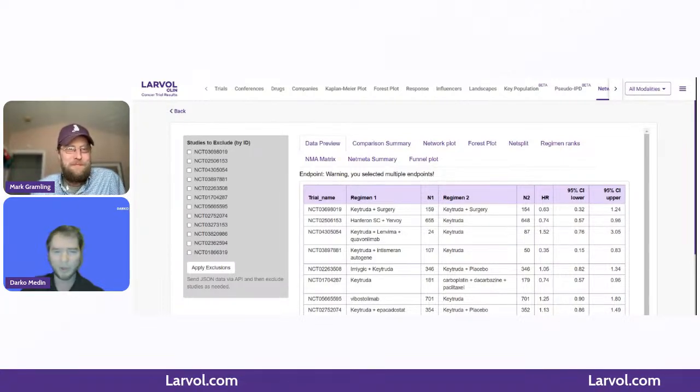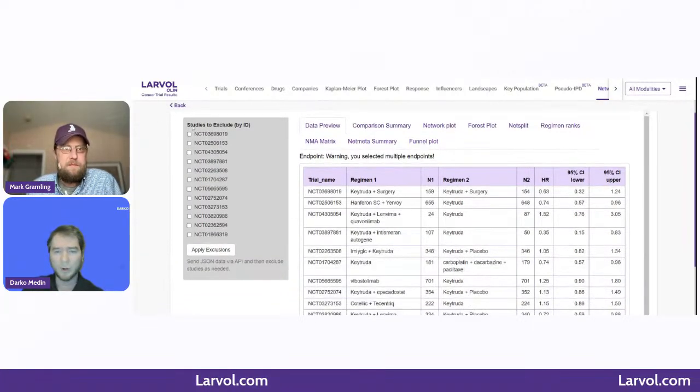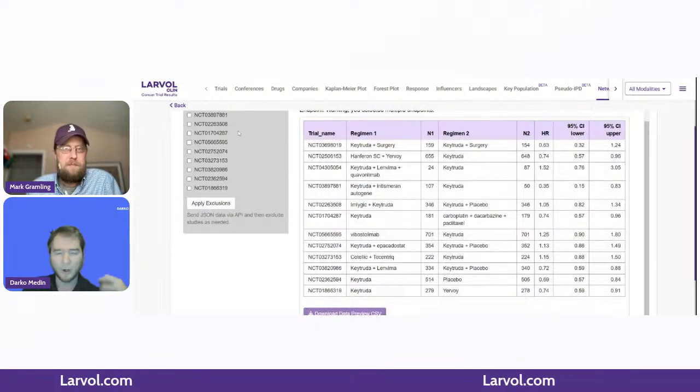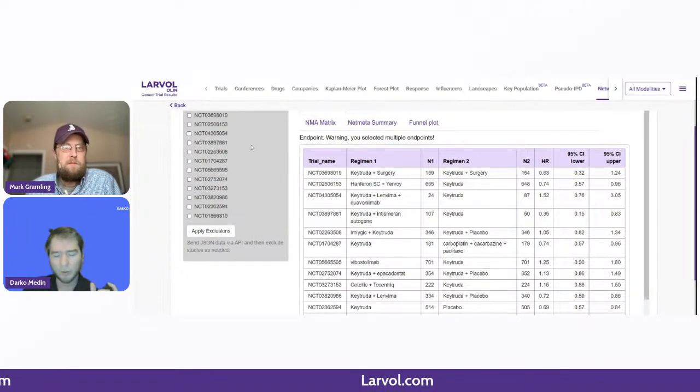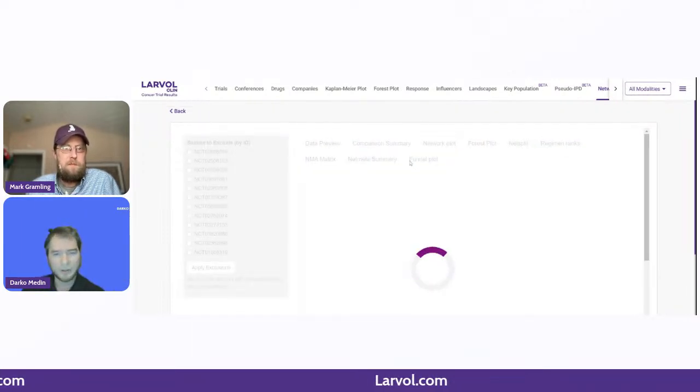Yeah, so because we have to be wary of time, I preloaded one network meta-analysis, which we already created before. So this is another angle, another module that will be very soon on LARVOL CLIN, where we can actually take a number of trials, different types of comparisons, different types of regimens, treatments, and try to create a network meta-analysis where we can infer indirect evidence from the direct evidence that we have.